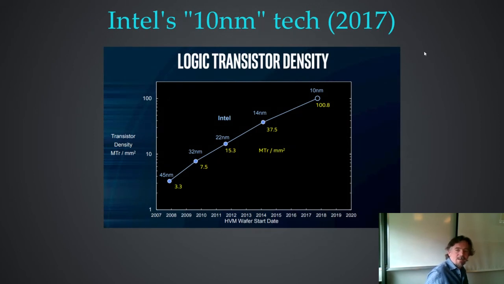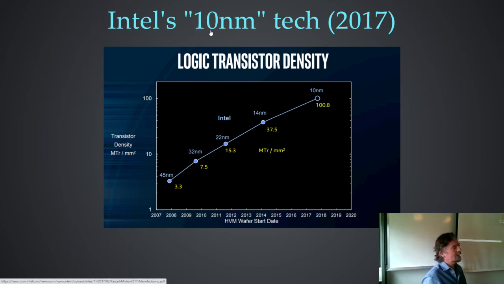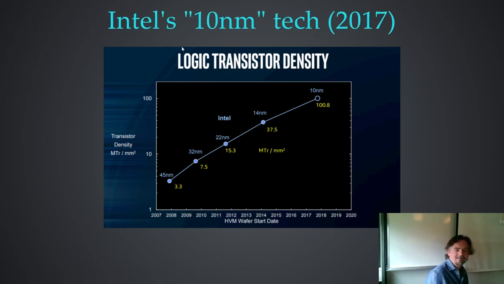As of 2017, they were trying to get down to the so-called 10 nanometer process. I should point out, when they say 10 nanometer, that doesn't actually mean the real size of the transistor anymore. It used to, but it's such an arcane process making chips now that these numbers are actually somewhat symbolic in some ways, but you can roughly think of them as being kind of the size of the transistors, but it's not really.